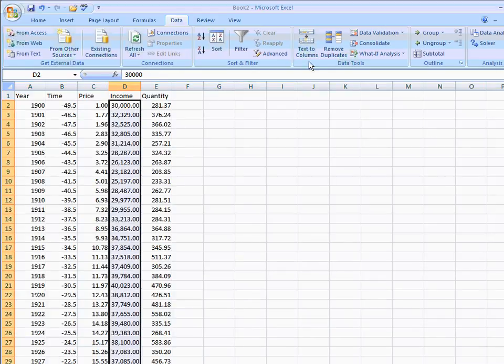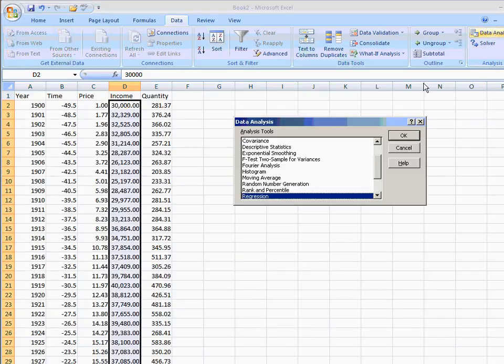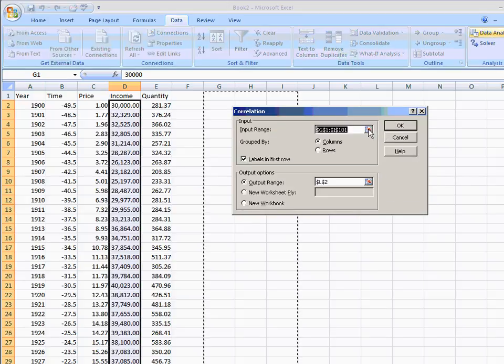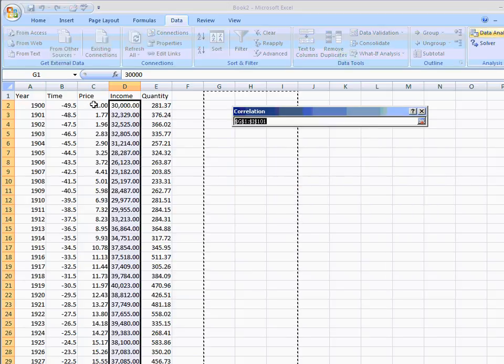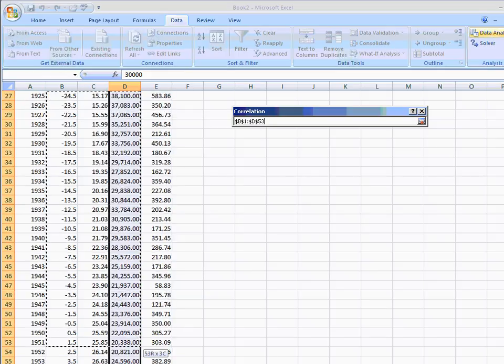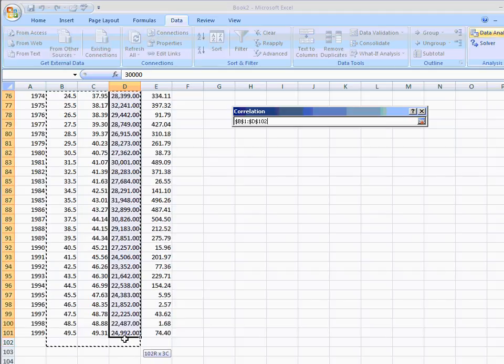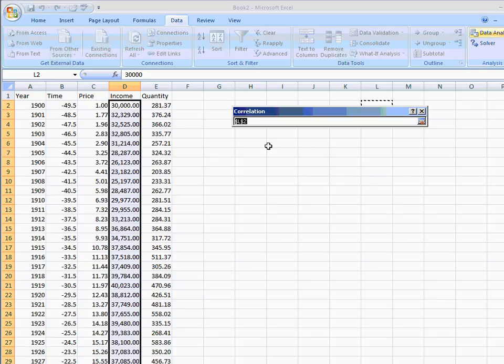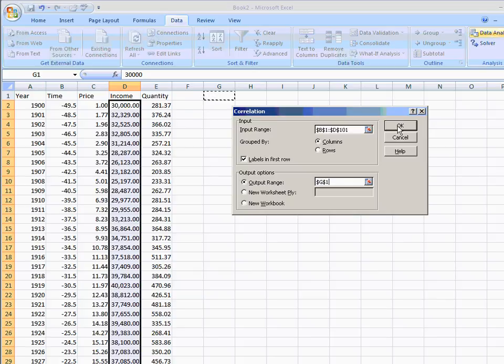Let's check for multicollinearity. So we do data analysis. The check for that is correlation. You want to do the correlation matrix. Click OK. Go choose the variables. And you don't want to include your y variable, because actually having multicollinearity with the y variable is desirable. That says it's moving the same way or the opposite way as your y variable. Then output range, put it there, click OK,